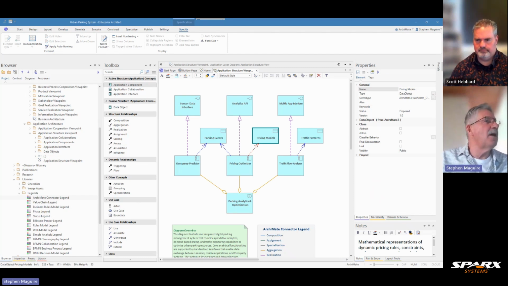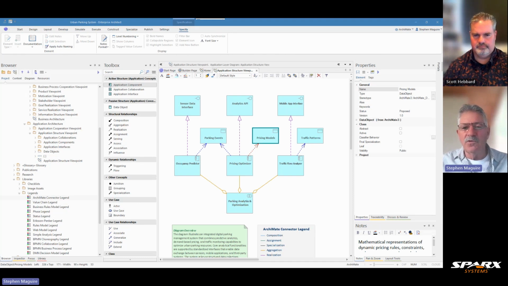Incredibly powerful view, really. And the business value there is, you can see through the integration of the analytics engine and understand how that parking analytics and optimization is going to work. You can go down into more detail. Obviously, you can see the data that's needed to be created or consumed, and the interfaces that are exposed by the particular applications.